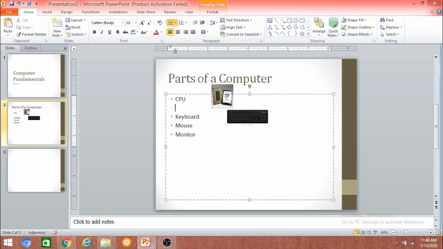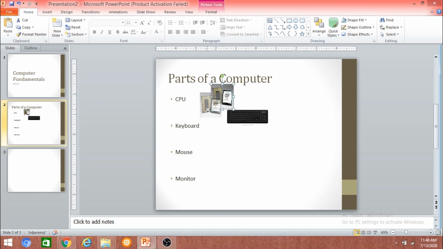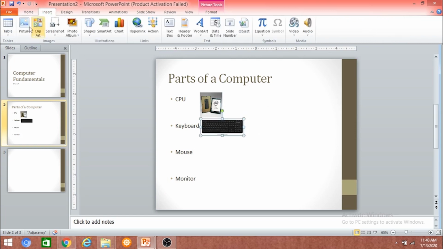I am adding more space in between the text so that the pictures can fit in. Let us bring more pictures.